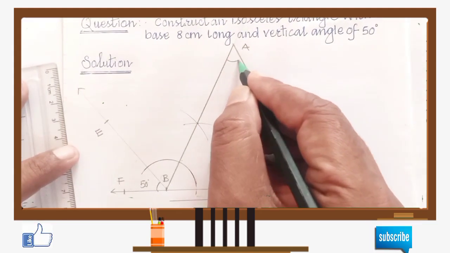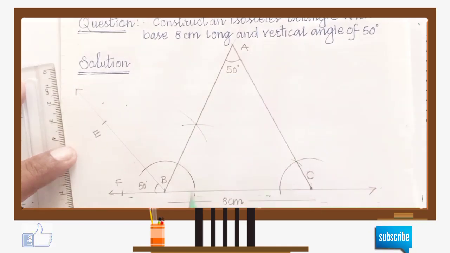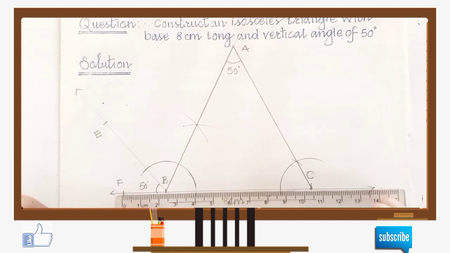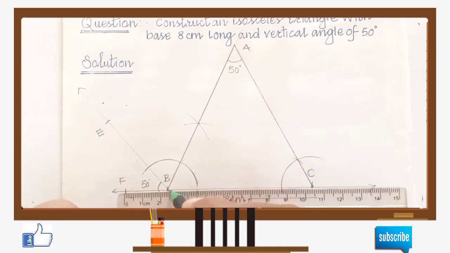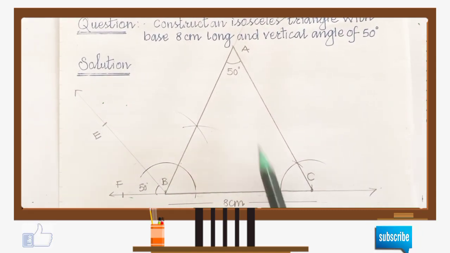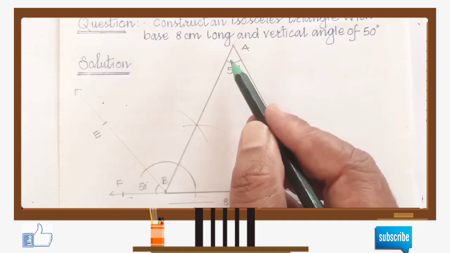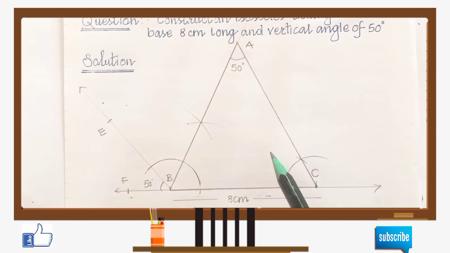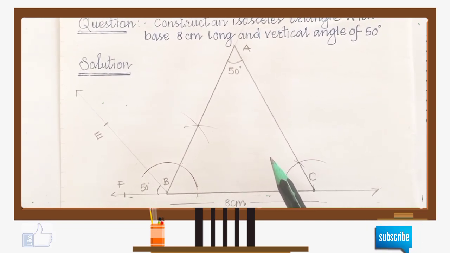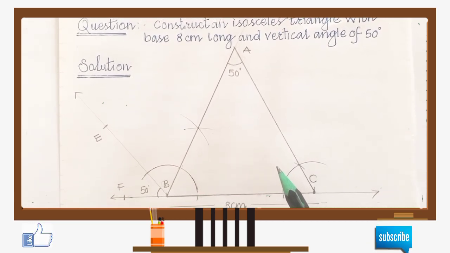You measure it, you will find that it will be the 50 degree angle. ये आएगा आपका 50 degree angle. This is the base BC. It is 8 सेंटीमीटर. और उन्होंने बोला है कि बेस के सामने वाला एंगल कैसा चाहिए? This is the base. Angle opposite to the base is 50 degree. Therefore we have drawn this construction when the base and the vertical angle are given. वर्टिकल एंगल दिया है आपको और बेस दिया गया है. In such a case, how to construct an isosceles triangle, that we have seen.